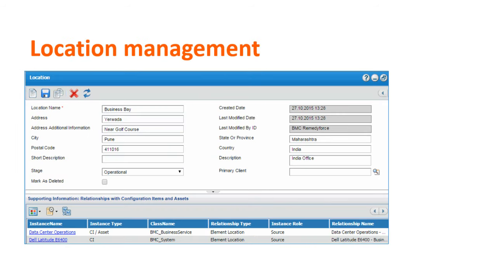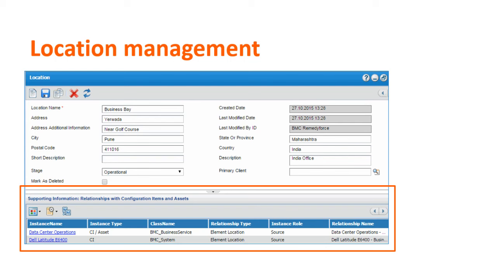The new location form enables system administrators to manage locations more effectively. Location records are stored as instances of the physical location CI class. System administrators can access all locations from the New Locations tab, whether they are created from the location form or the instance editor. If the physical location CI class is hidden or if CI management is disabled, system administrators can use the location form to create and manage location records for IT asset management.